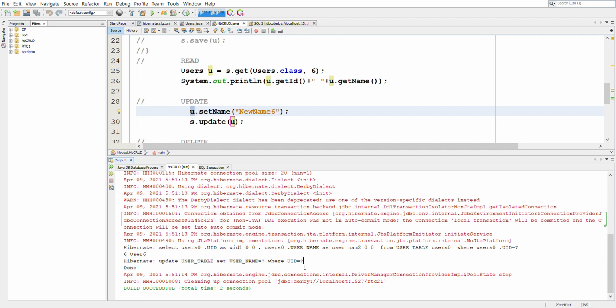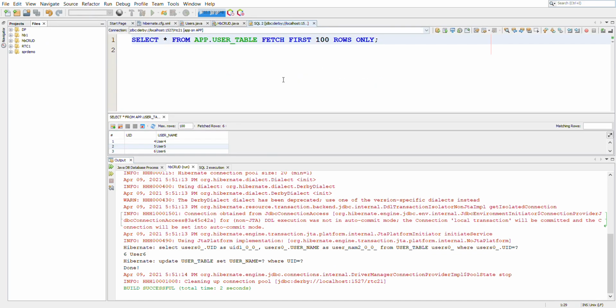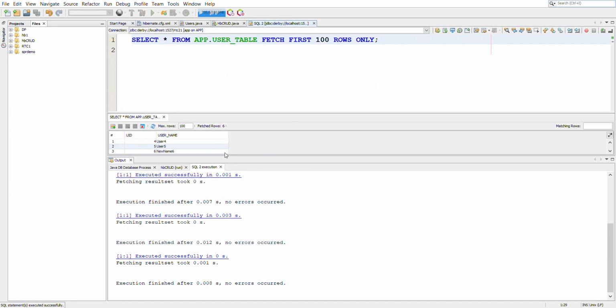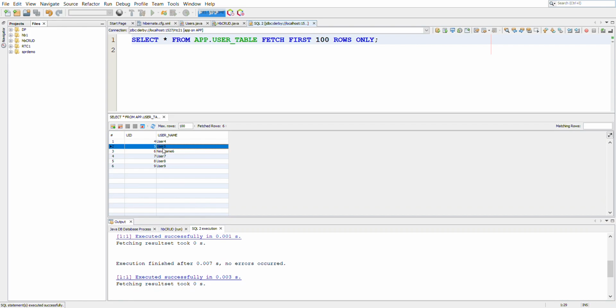So the query has been executed and we can see the output from the backend. Here, as you can see, the name of user ID 6 has been changed to new name 6.